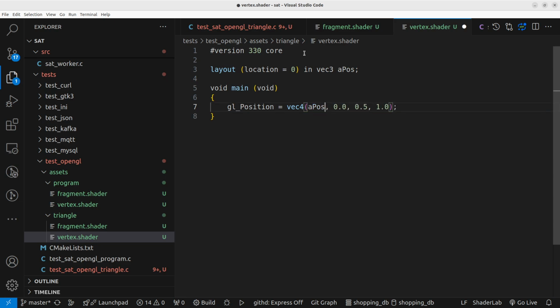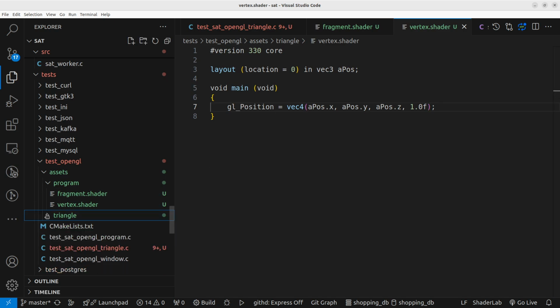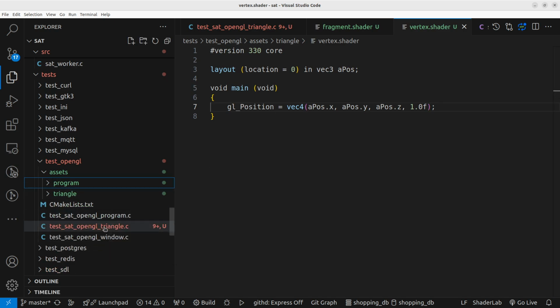And I use here x, a pause here y, a pause here z. Here will be just 1. I think that is everything. So,